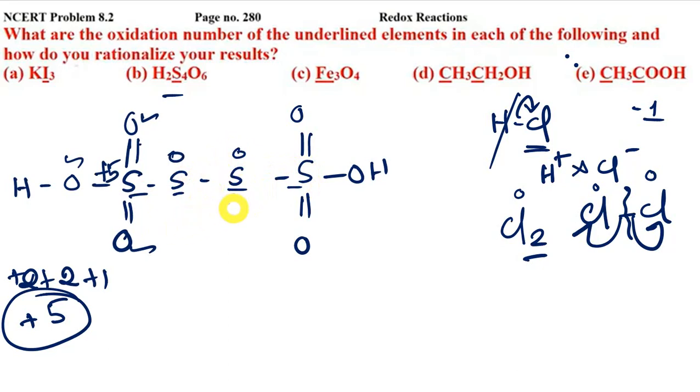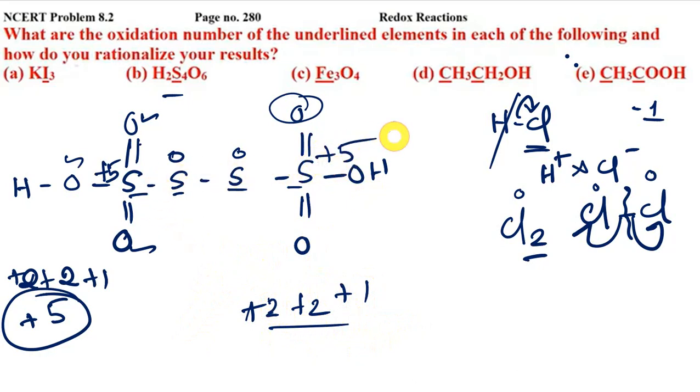The oxidation state is 0 here. Take this sulfur, the same concept will be applicable here. This is highly electronegative, so it will take away the 2 electrons, so plus 2. And this oxygen is highly electronegative. This oxygen will take the 2 electrons from here, so again it is plus 2. And on this side, this oxygen is also highly electronegative, so it will be plus 1. Right? So the oxidation state can be given as plus 5. So for this compound, the oxidation state can be given as plus 5, 0, 0, plus 5. Got it? So this is the oxidation state of